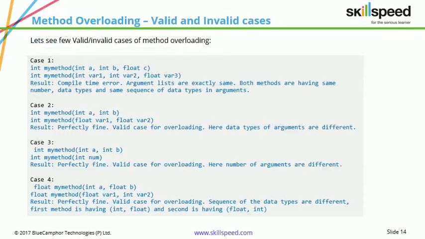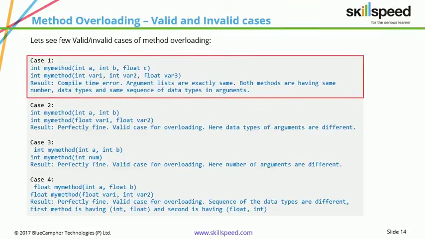Observe that what we are achieving through these two different methods is the same. However, we are allowed to have the same type of parameters but in a different order, which makes the method signature different. Note that we can have methods with the same type of parameters in a different order, but we cannot have methods with the same type of parameters and the same sequence, though we give the return type as void or any other type. Let us look at some valid or invalid cases of method overloading.